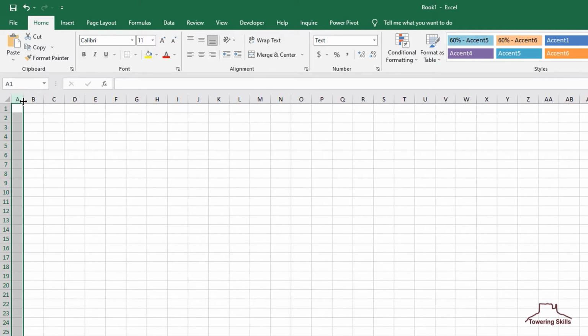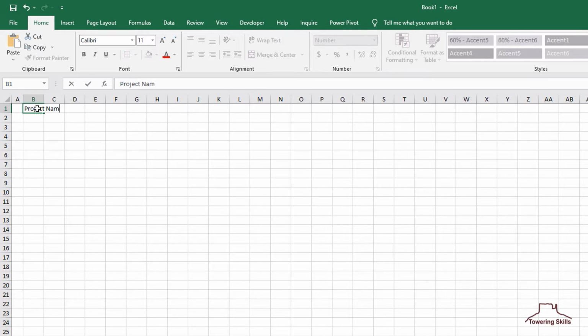Now we'll enter the spreadsheet title and subtitles. In cell B1, we'll type the words project name. And in cell B2, we'll type discounted cash flow.